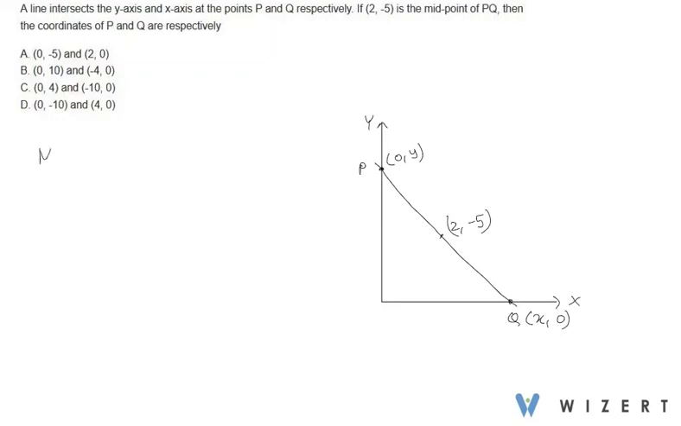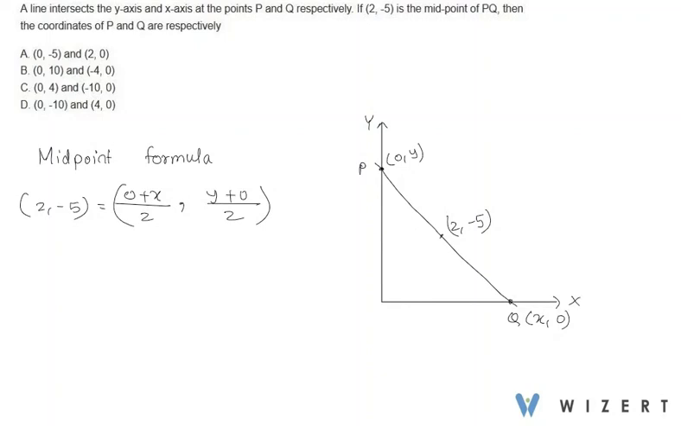We simply use the midpoint formula, which states that the midpoint (2, -5) will be equal to ((x1 plus x2) divided by 2, (y1 plus y2) divided by 2), here (0 plus x) divided by 2, (y plus 0) divided by 2. And in order to find x and y, we simply equate respective coordinates, that is x coordinate with x coordinate